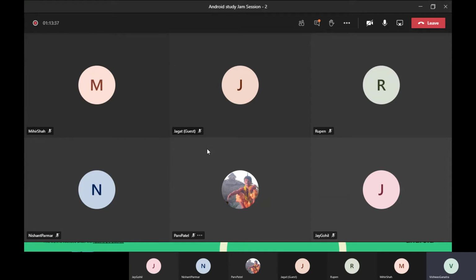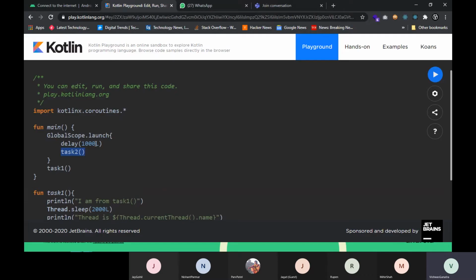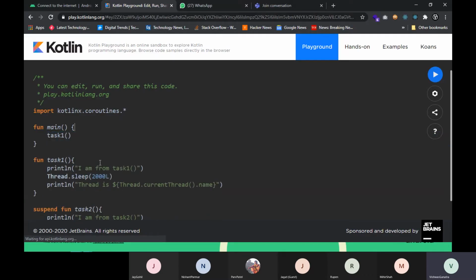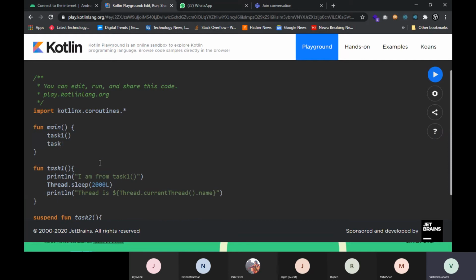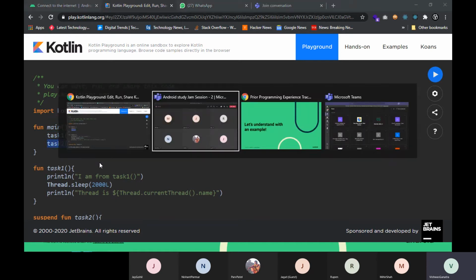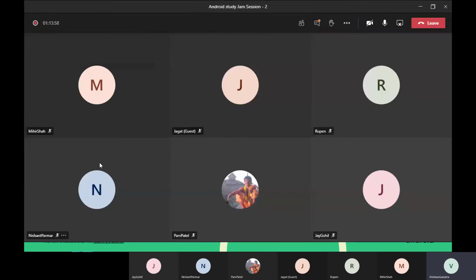Then what you will do, because whenever a function is defined, just like I did, your task one was there, and next I was calling task two. So basically the first task one function was getting executed, and then the second task. But while using Kotlin coroutines, it is basically for the asynchronous call of any function or code.